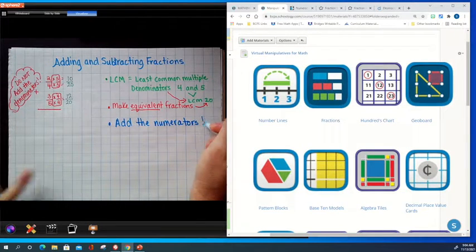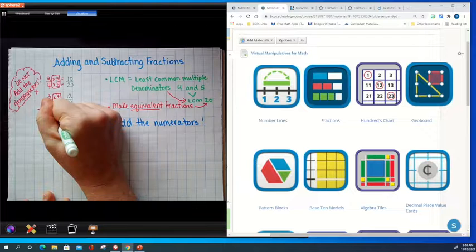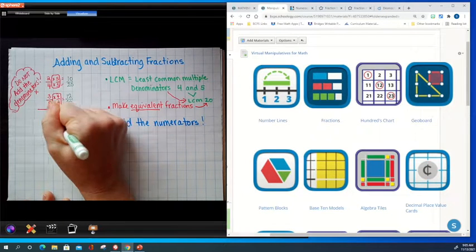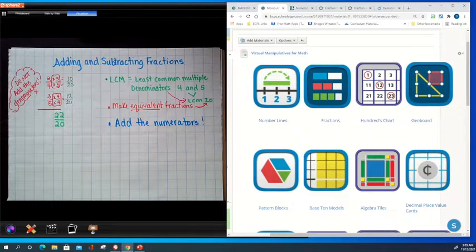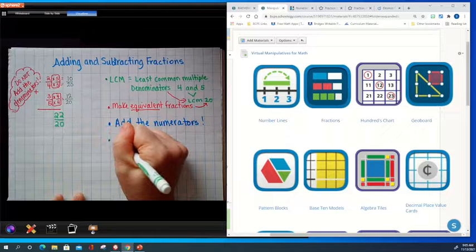Add the numerators, okay? 10 plus 12 is 22. So my answer is 22 over 20. Now, perfectly fine. That is an answer, 100% correct. However, what we had learned in the last class is it's not in its simplest terms. So we need to, last step, simplify